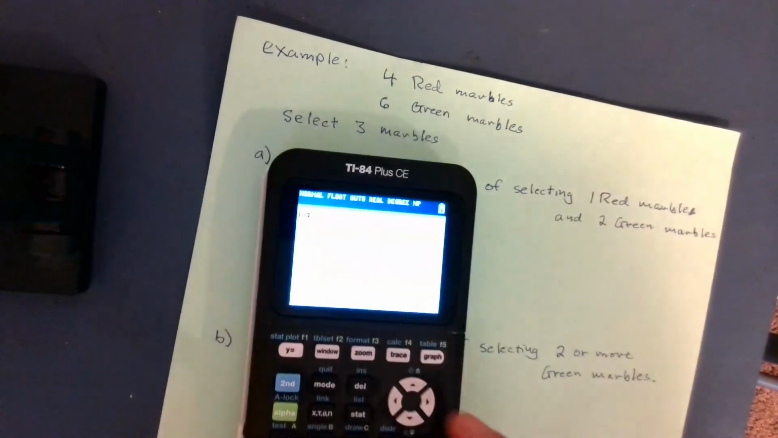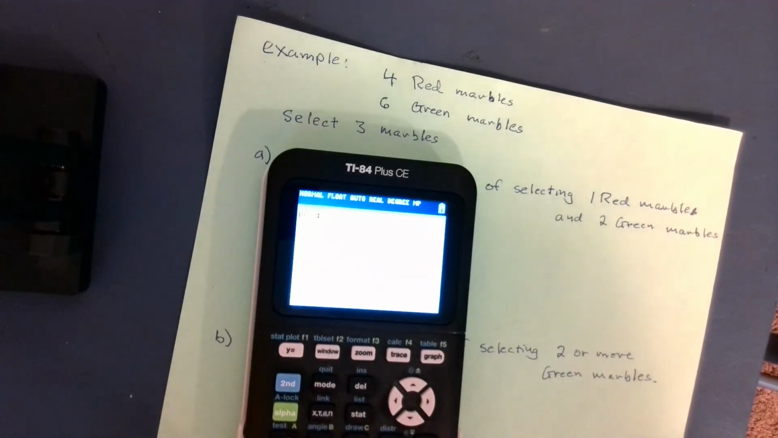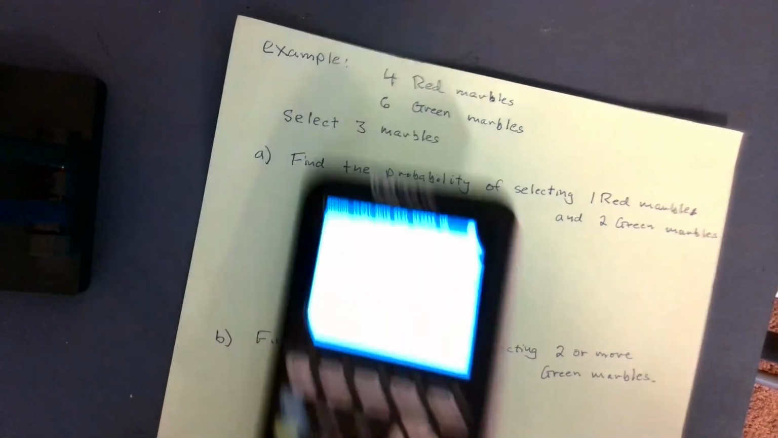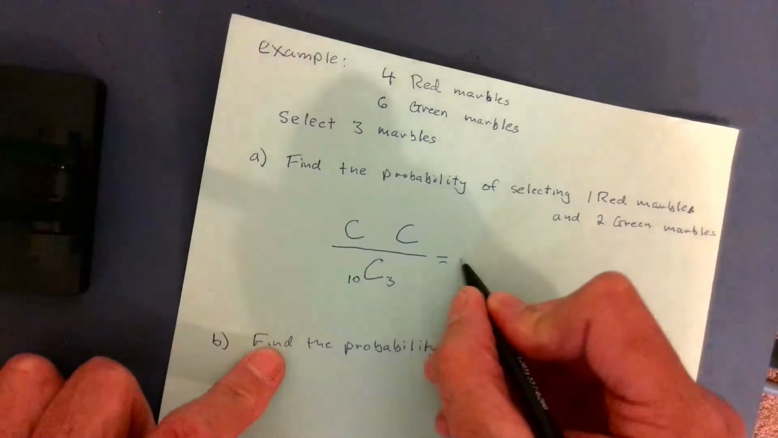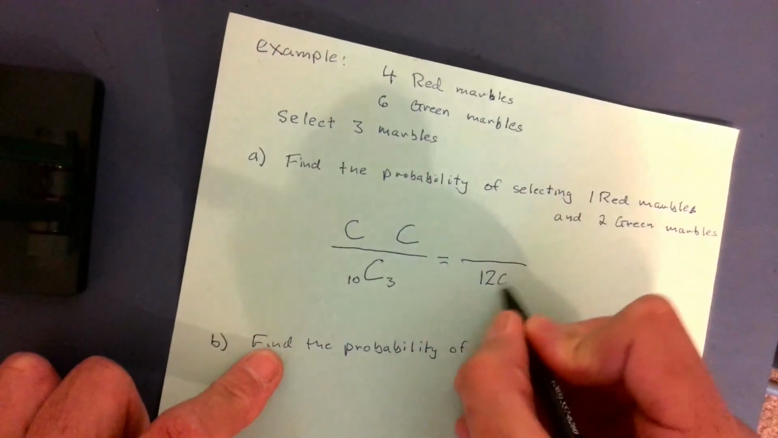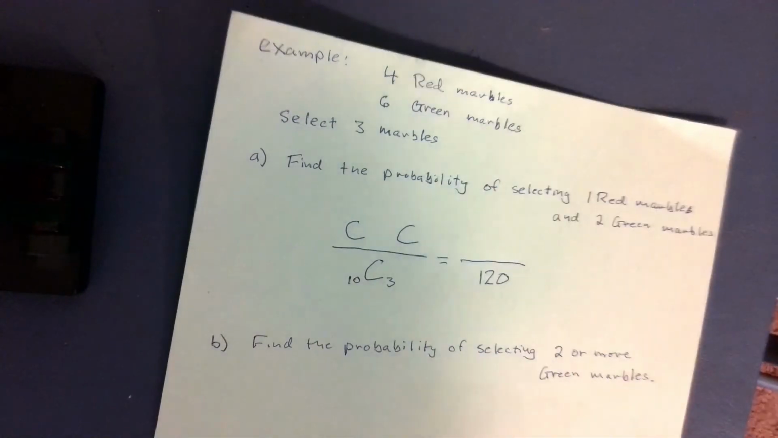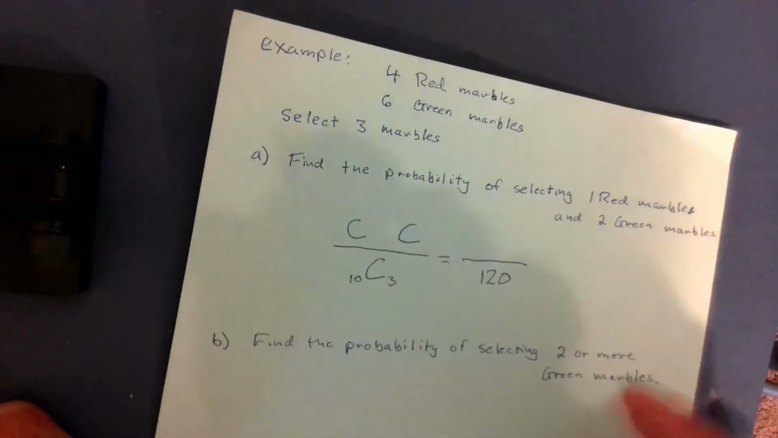So I'll calculate 10C3 with the calculator. It's 120. So our denominator is 120. Okay, then for the numerator,